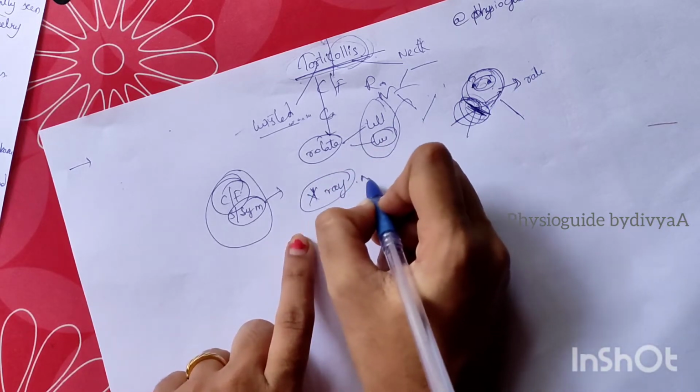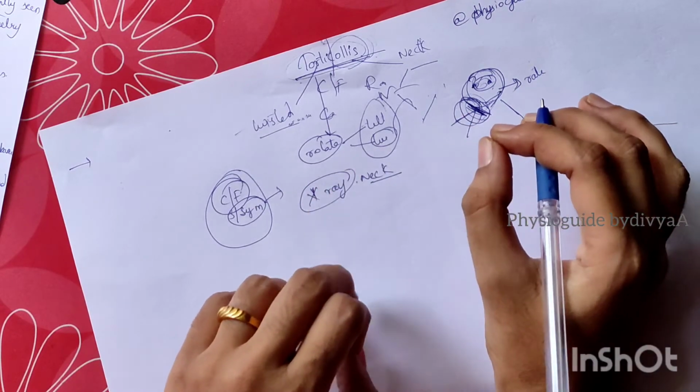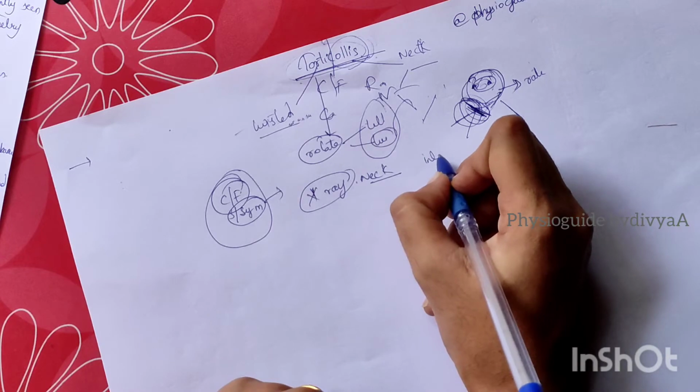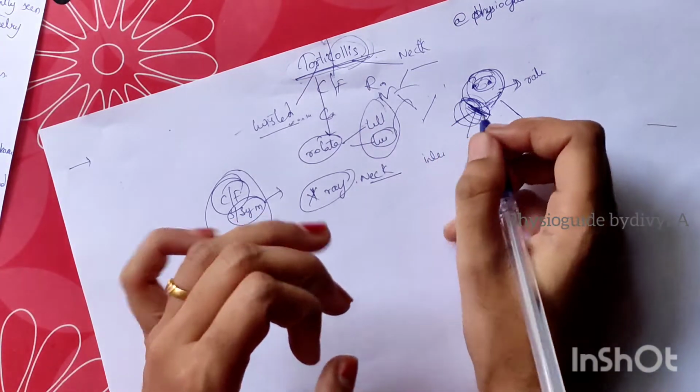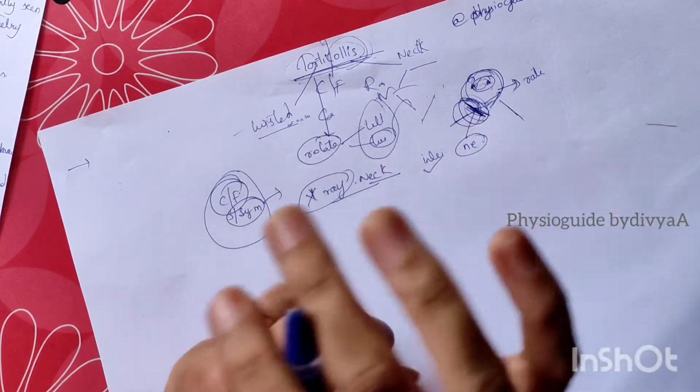We can see this in an X-ray of the neck, a plain X-ray of the neck. If we take a plain X-ray of the neck, we can rule out the intrinsic cause, the main cause that leads to the neck deformity. We can see it in the X-ray and clearly understand.